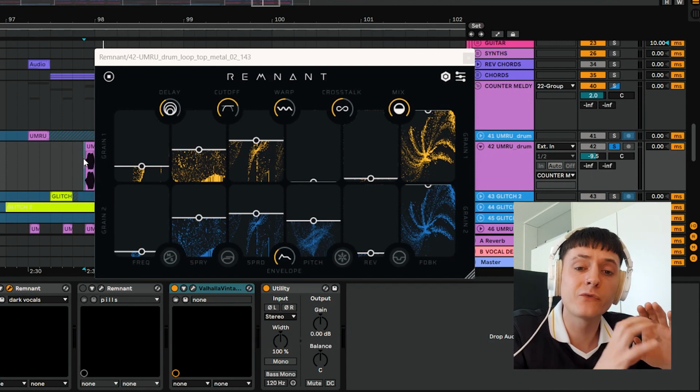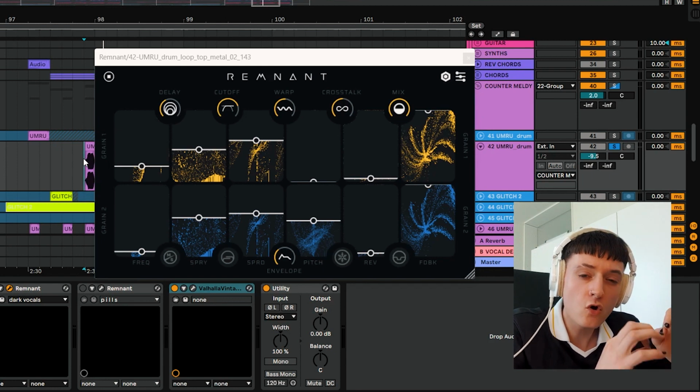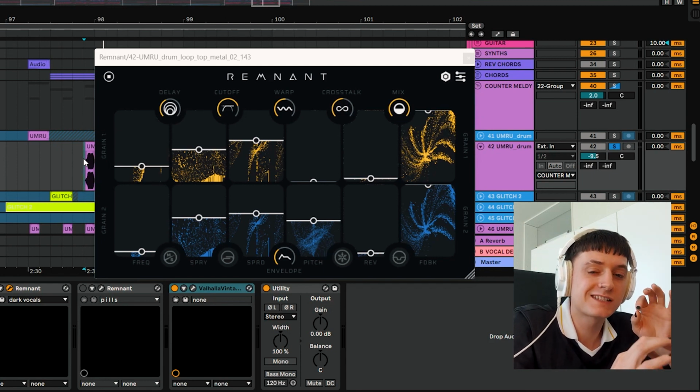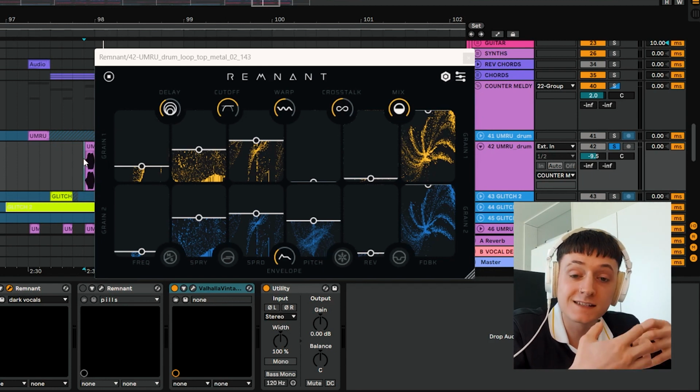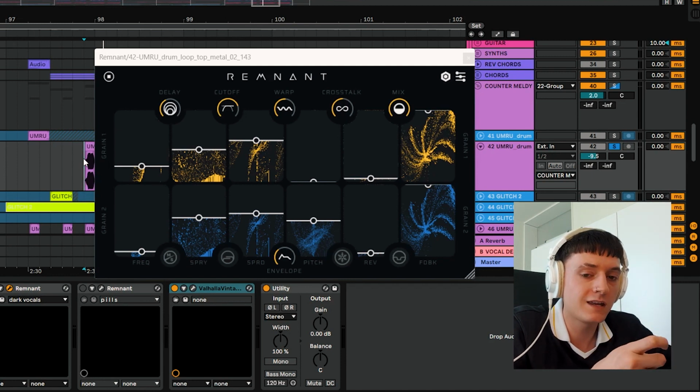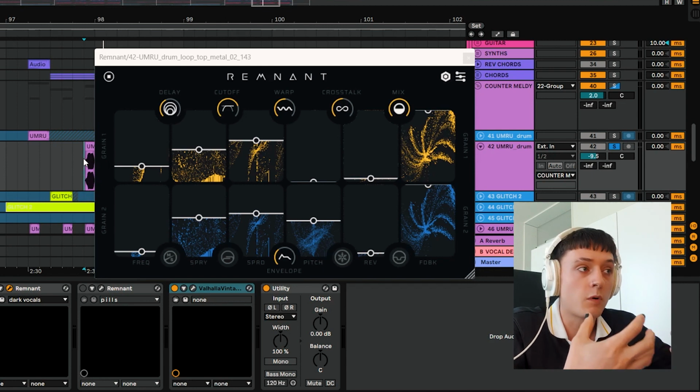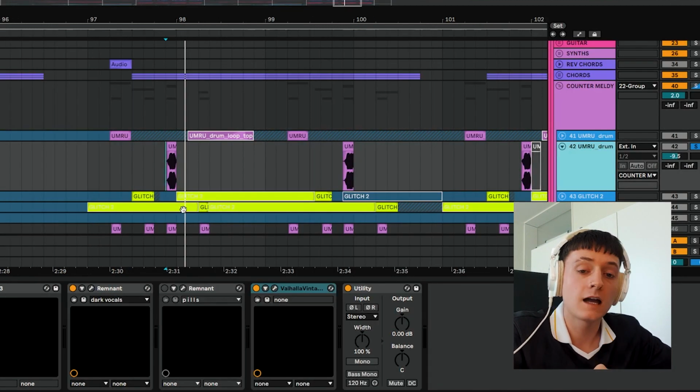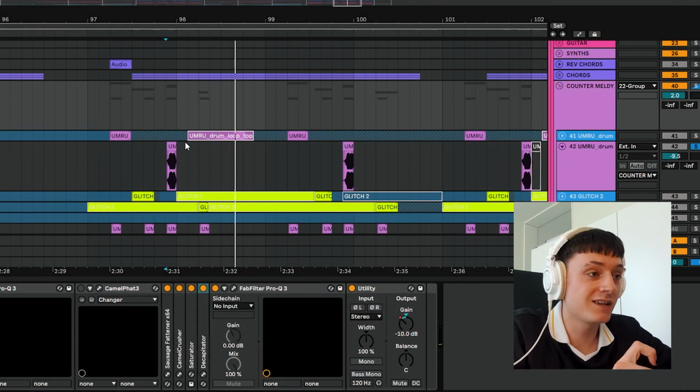See, it creates different variations of the sound, but all with a slightly different character to it, slightly different timbre to it. That's exactly what I wanted. I wanted every hit to sound just a little bit different, so it doesn't sound so robotic. So literally what I did, I just resampled it a bunch of times, dirtied up the sound like crazy,